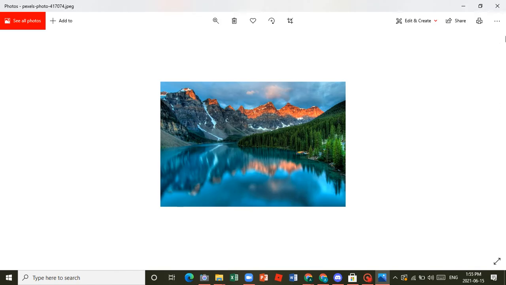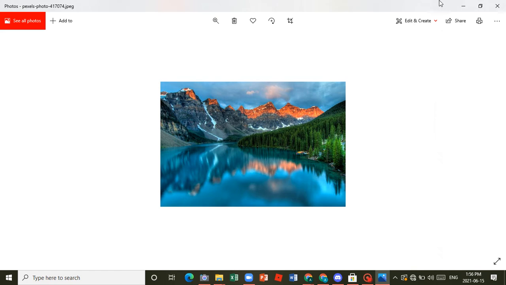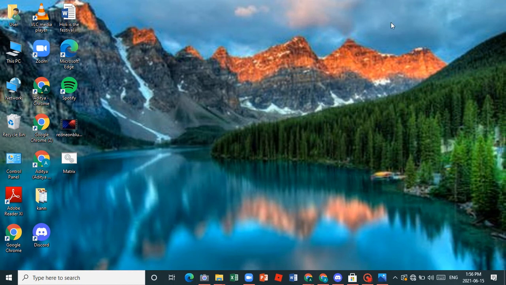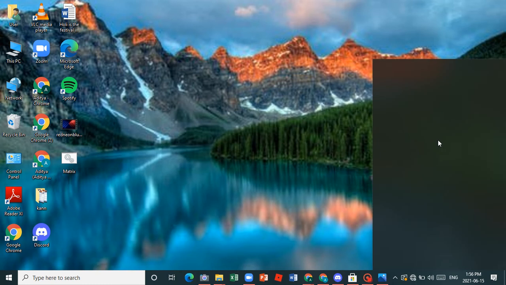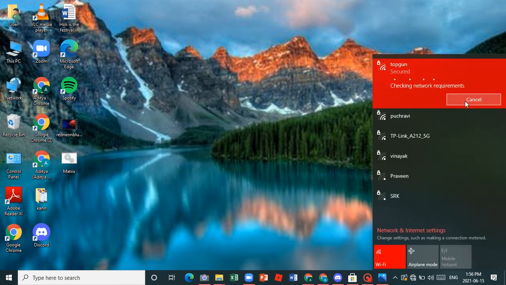Okay, so now if you click these three dots, see more options, you will click on it and say set as. So you have two options, lock screen or background. Whoever wants to set it as the background, they can. I prefer to set it as the background instead. Now you can see it has come as the background. My laptop particularly doesn't support 4K, so that's why it doesn't work that easily. It can happen for some other reasons too.